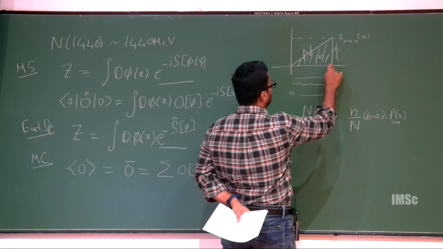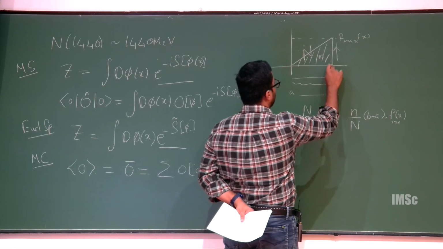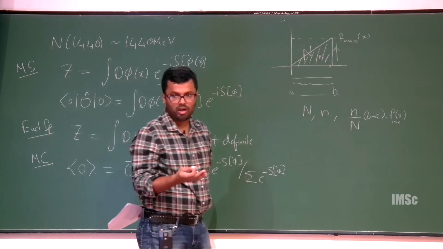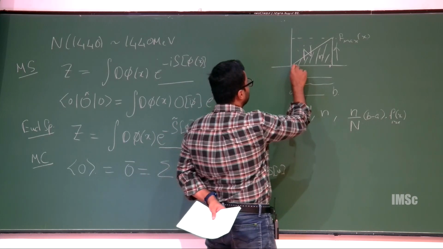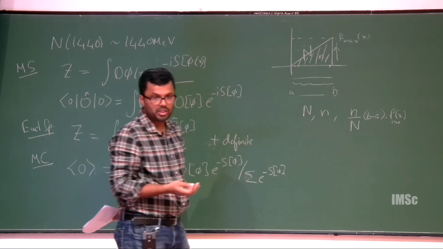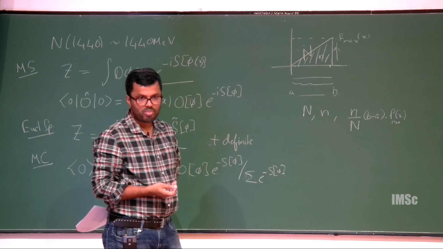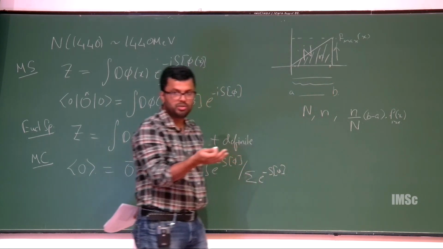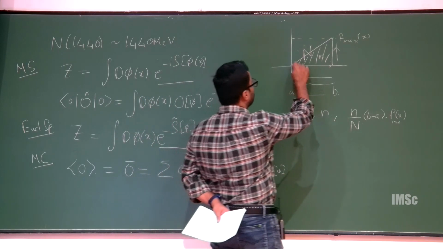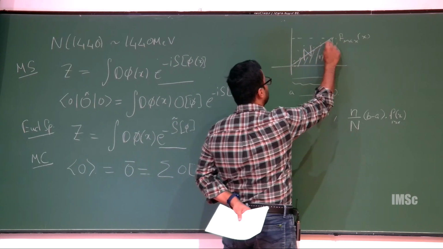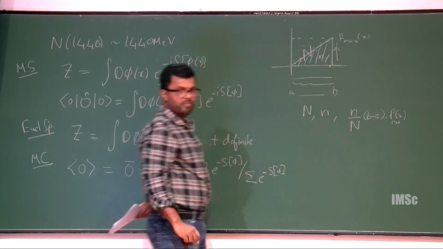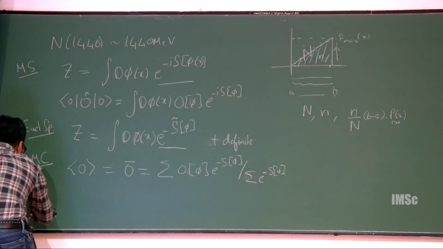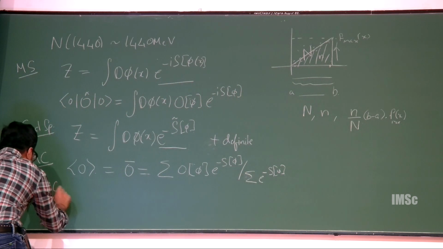So the second random number that you generate for a value of x here will have larger weight than the second random number that you generate at this point. This way the pair of random numbers that you generate to evaluate this integral will always fall around this region. And the second category, which I call importance sampling Monte Carlo,